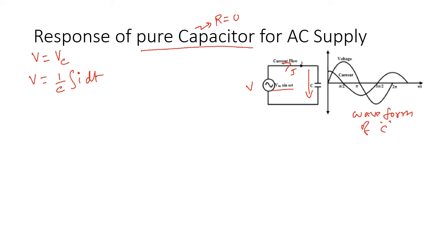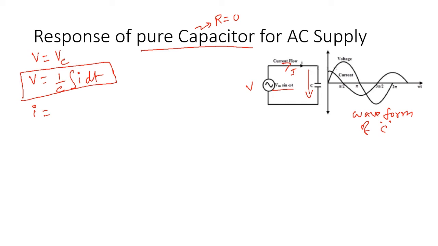So that is the equation. So we have a direct equation. You can integrate both sides. So when you integrate both sides, this is the equation you got. So when you differentiate this equation, you get I equal to, we have to find the current equation, right?